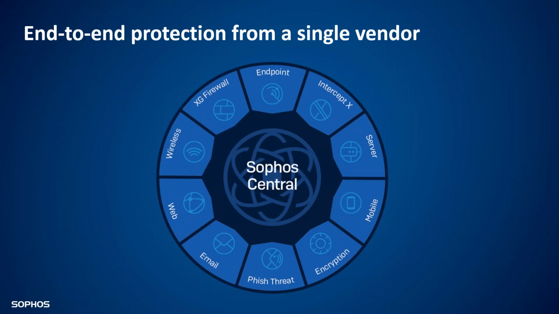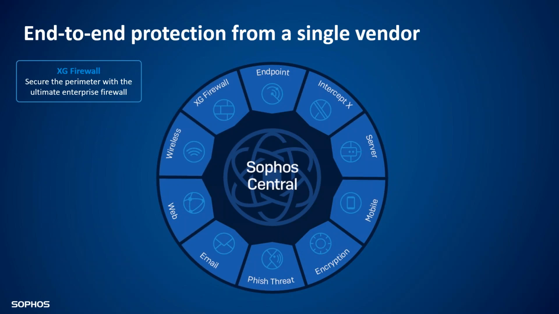So I'm now going to go through what I call the wheel, and it is truly end-to-end protection from a single vendor. It's all those replacements to those products that we talked about right at the beginning. So it starts off with the XG firewall. By the way, everything in here talks to and is managed from Sophos Central, the cloud platform. And by default, since it's connected to Sophos Central, it's going to be available in the MSP program as a